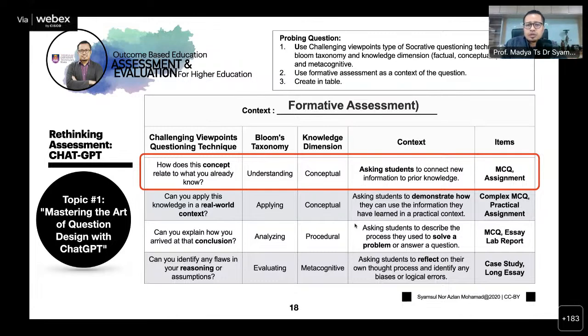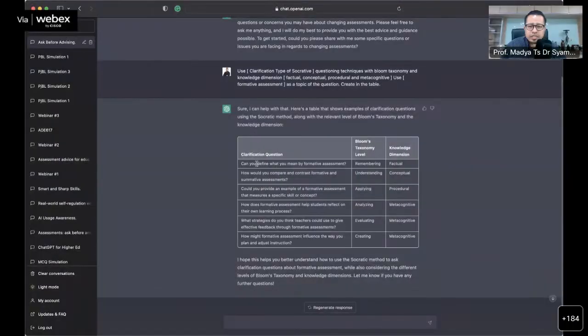For example, for activity number one, I transfer all the knowledge into a table, and I saw that this question may be suitable for MCQ. So I bring it back to ChatGPT. In these questions, you think, okay, can you define what you mean by formative assessment, remembering, factual? You think this question may be good for an MCQ test. So what you can do here is, I prompt this to GPT: propose one complex MCQ related to formative assessment, four alternative answers, one right answer, three wrong answers, and set the question with a duration of 1 minute and 30 seconds. Post it here, and